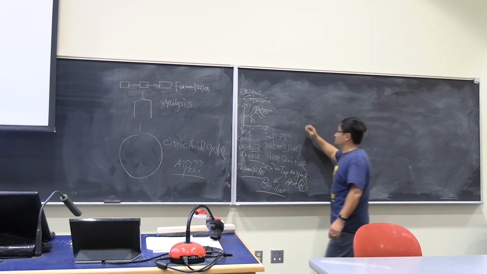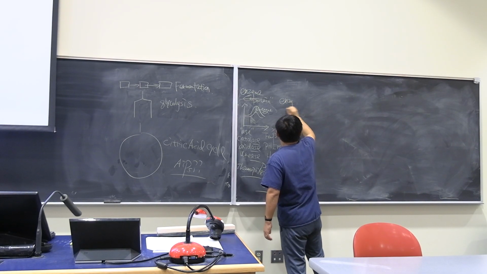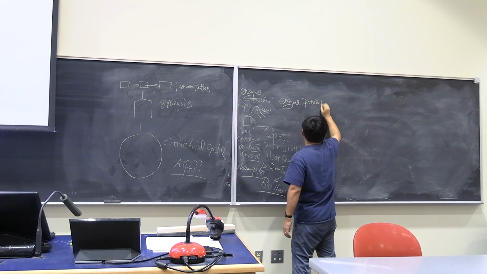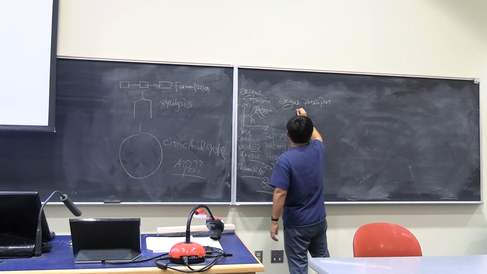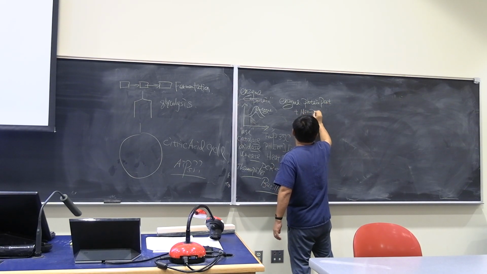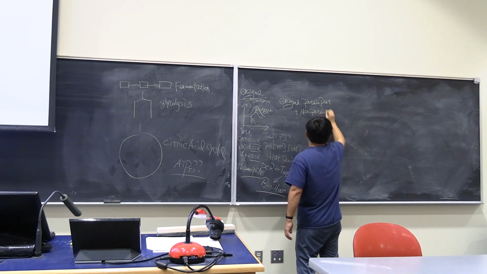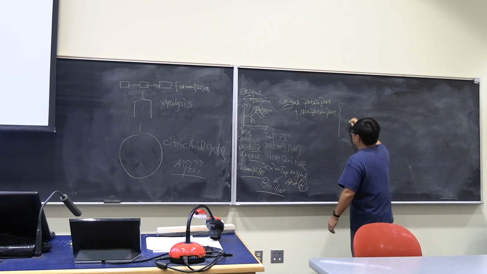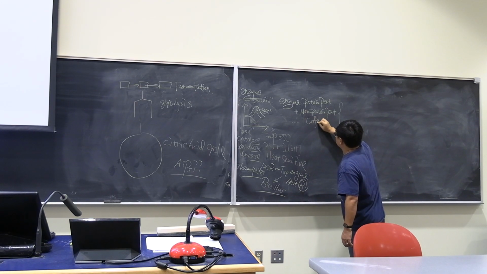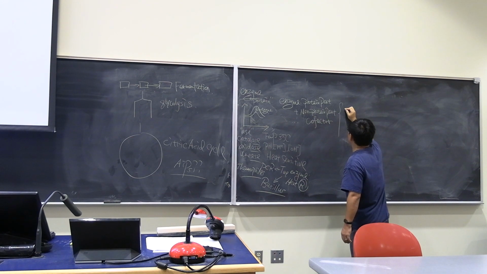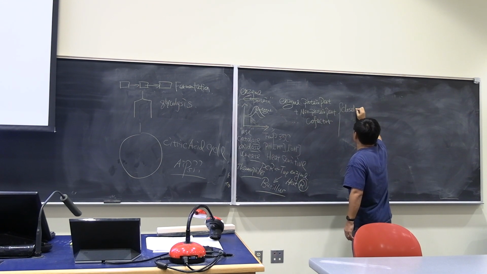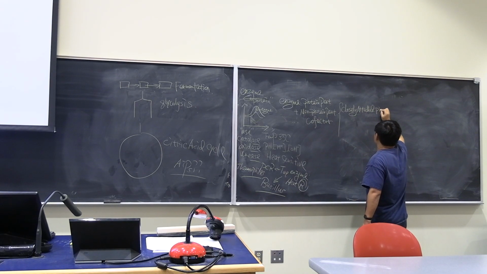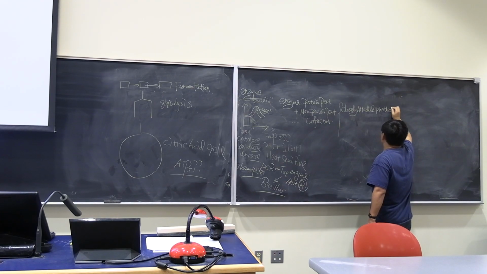Okay, now what are the components of the enzyme? We already said the enzyme has a protein part. It also has a non-protein part. And the non-protein part has two different categories. The non-protein part we call the cofactor. If it is closely attached, we call it a prosthetic group.